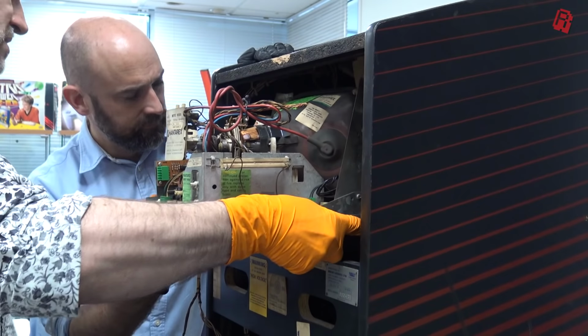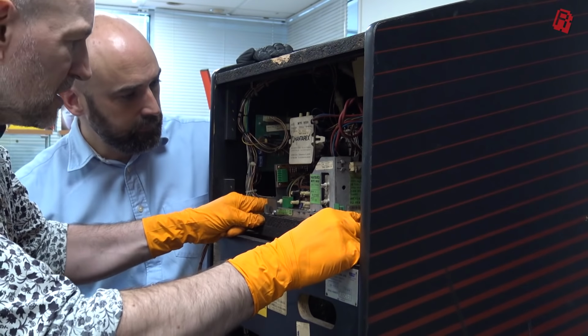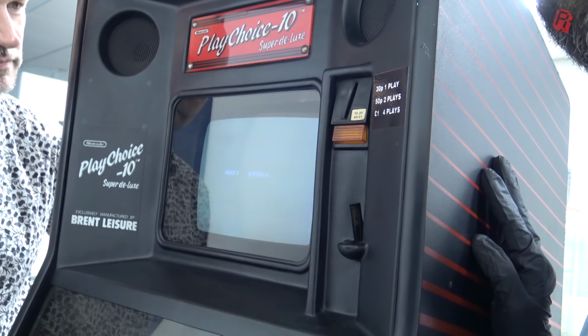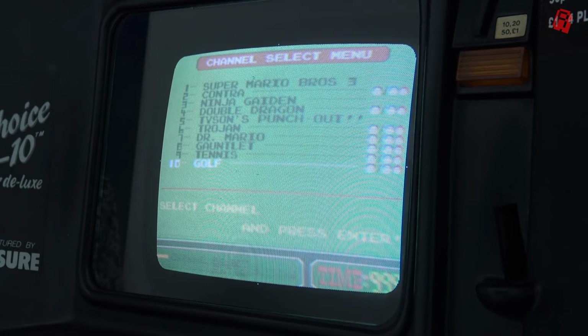But that's quite enough fun for one episode. Let's get the monitor back in and see if our repair has worked. And just look at that. When we power it on now, we've got a nice solid image, and with a little adjustment around the back,